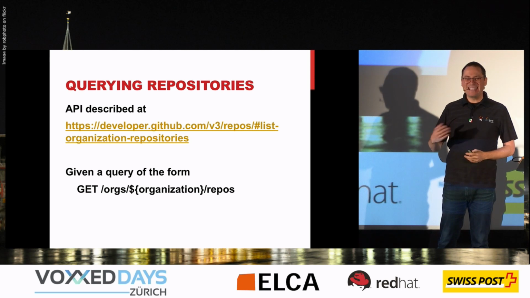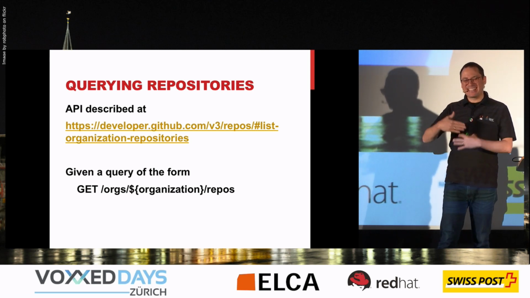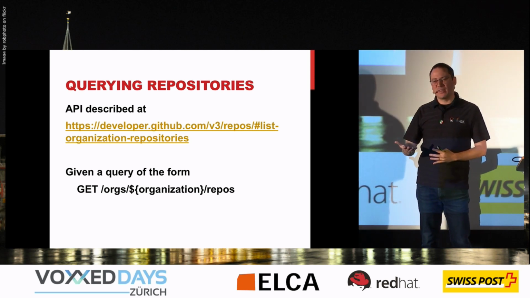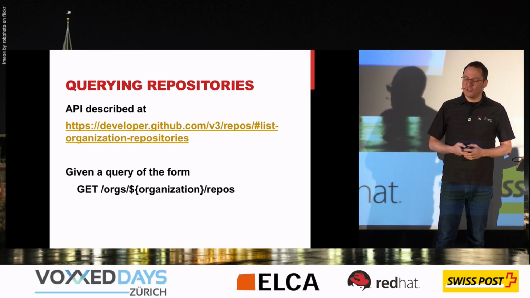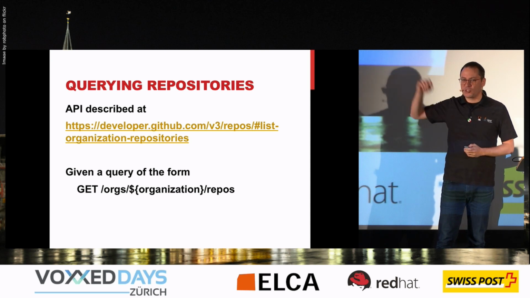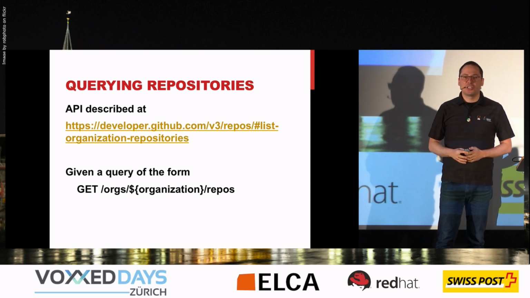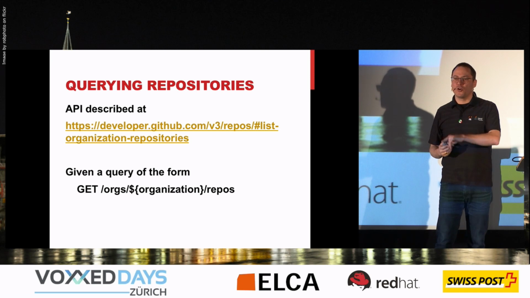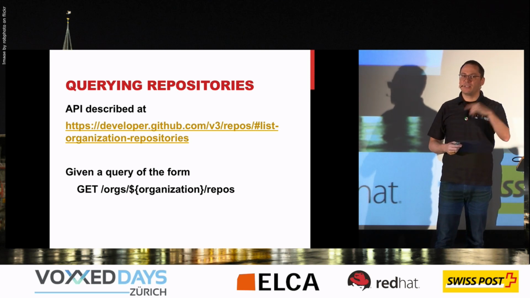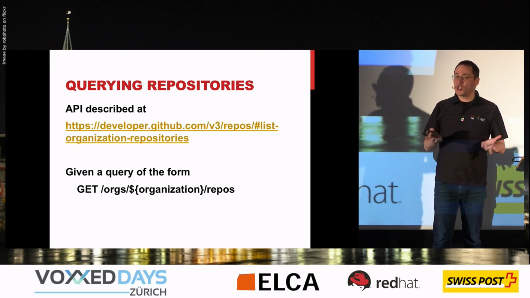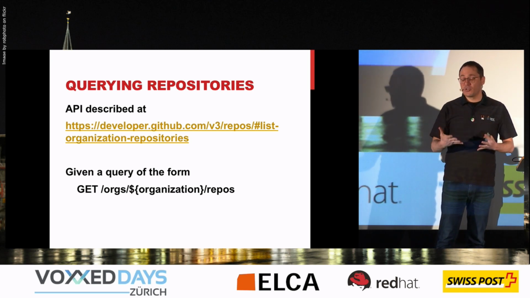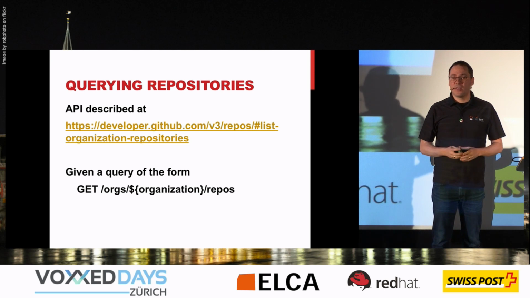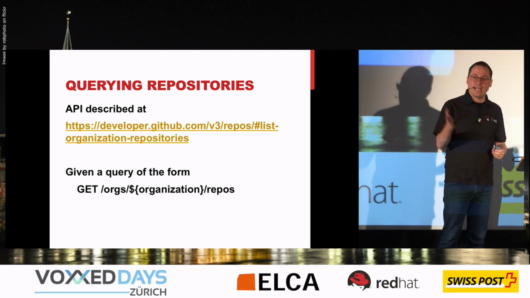all the information. And this information actually, depending on the size or how many repositories there are for that organization, may be paginated. The pagination mechanism in the GitHub API, which is also described there, uses HTTP headers to figure out if we need to go to the next URL or the previous URL, if this is the last or the first, or whatnot. So we need to understand, the application needs to understand how to deal with headers and consume the next